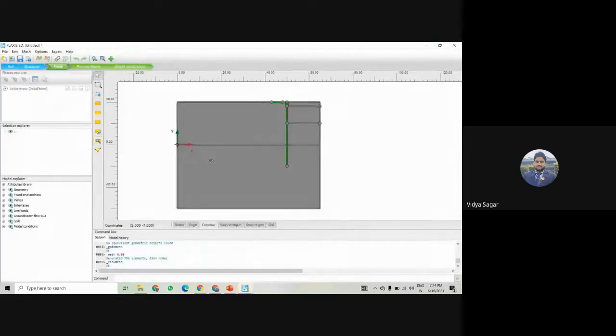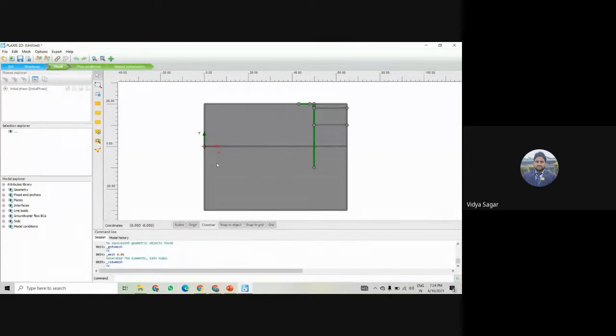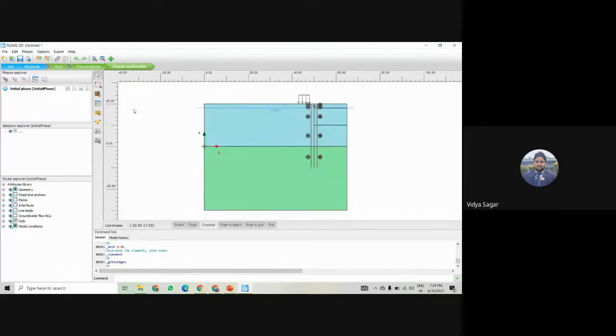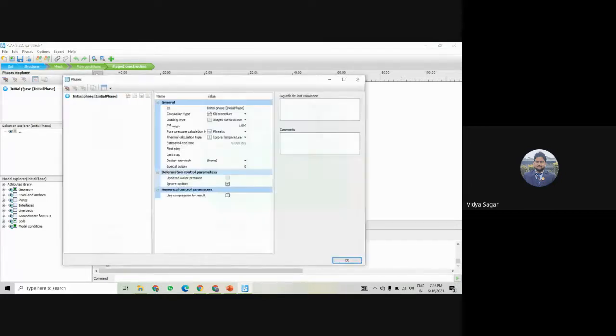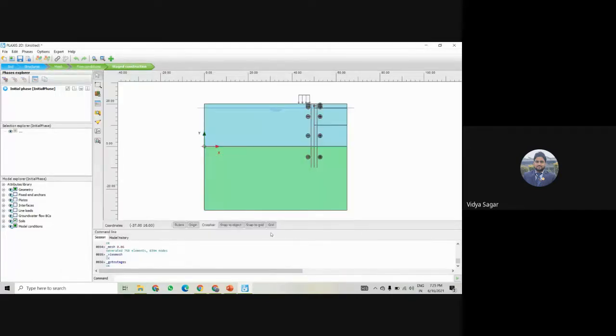Now the next part is defining and performing the calculation, the stage construction. In stage construction, the initial phase is always the same. So it will be the same procedure, stage construction, everything will be same. Now we'll start with phase 1.